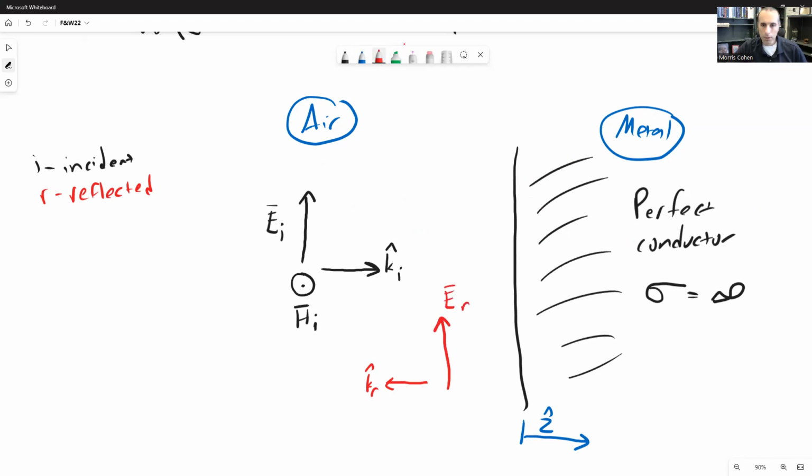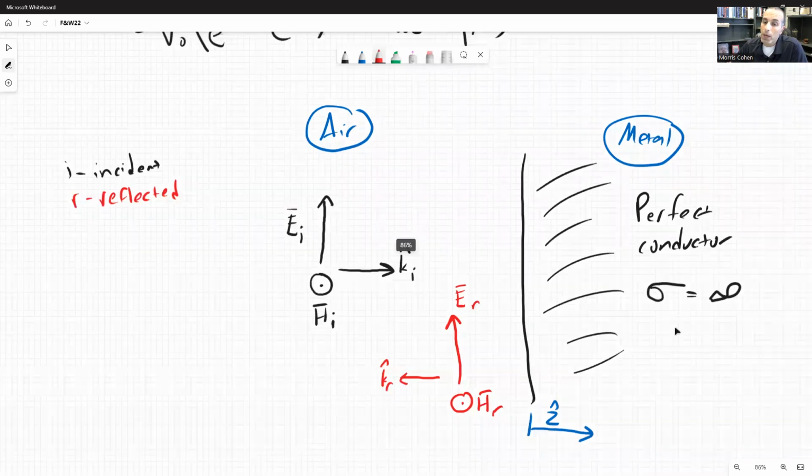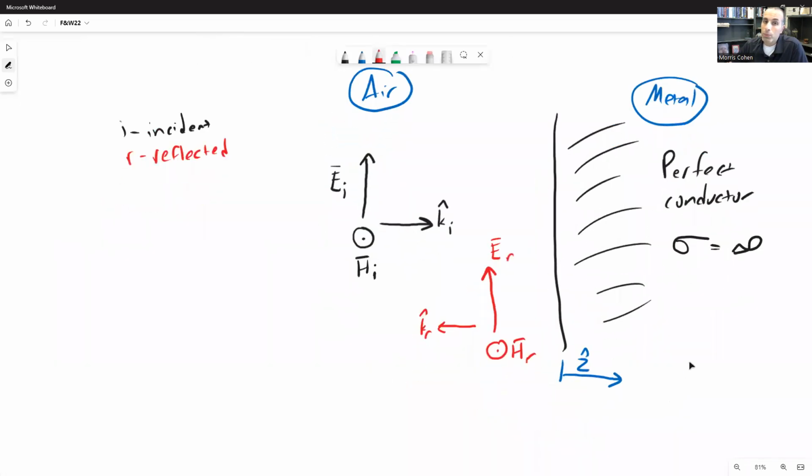And this will be E sub R. And it will also have a magnetic field that's pointed in this direction, H sub R. So what we'd like to do is figure out, how do ER and HR relate to EI and HI? Can we derive one from the other? The only constraint that we have to work with is something about our boundary condition. That at the boundary, we're going to have a constraint of how the electric field and magnetic field must